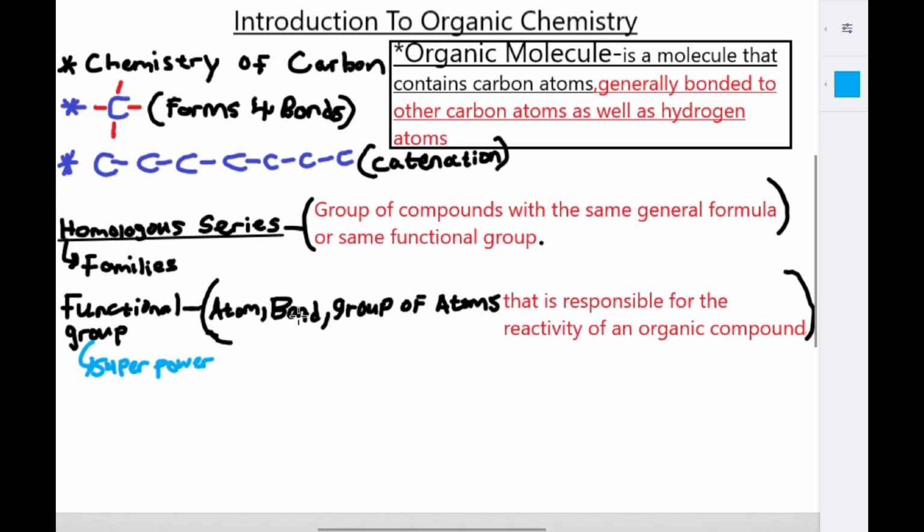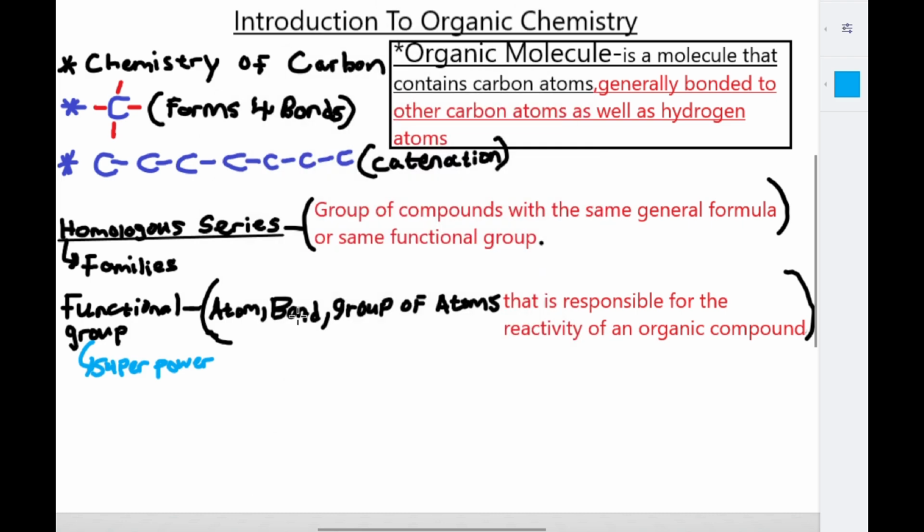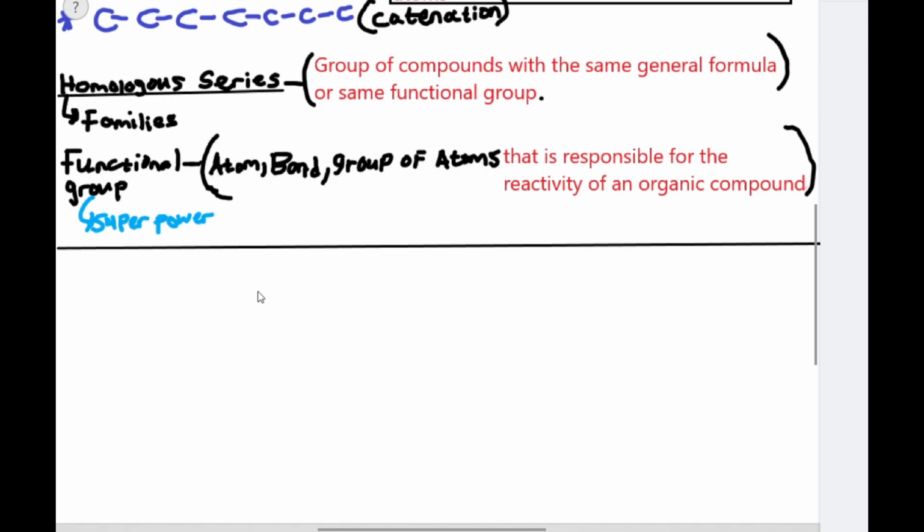Now, before we go any further, I also need to teach you how to count in organic chemistry. That sounds weird, right? You know how to count. But in organic chemistry, there is a way of counting. We are specifically counting the number of carbons. If we have 1 carbon atom, 2, 3, 4, 5 carbon atoms, we are going to count from 1 up until 8. In grade 12, you only count from 1 to 8. Then 6, 7, and 8 carbon atoms.